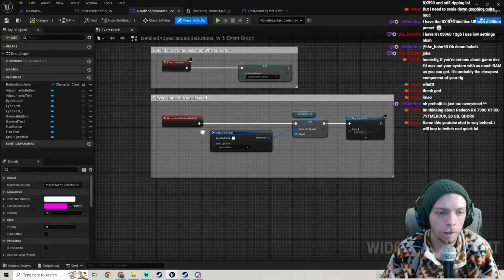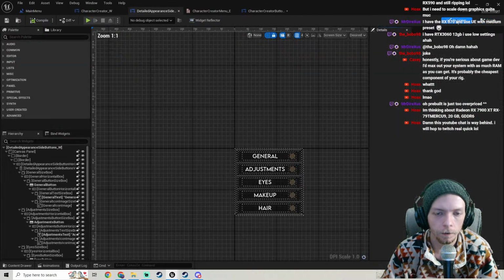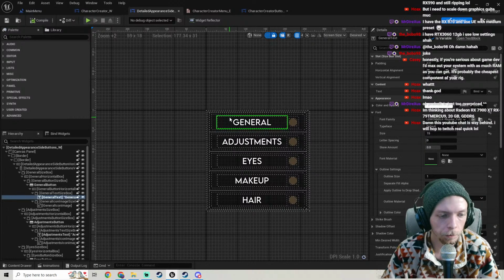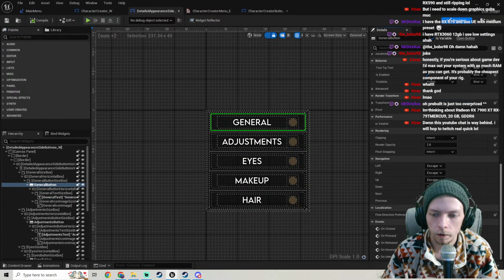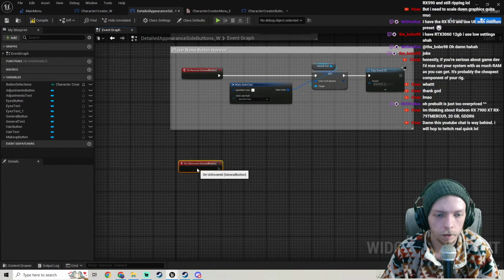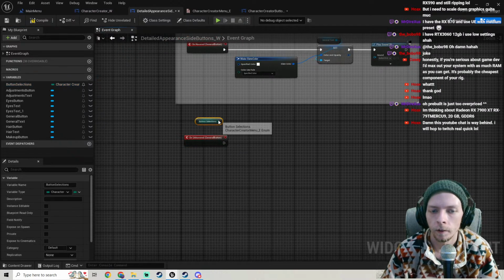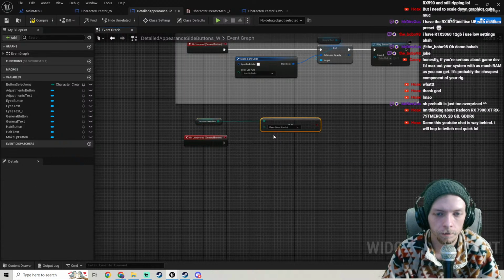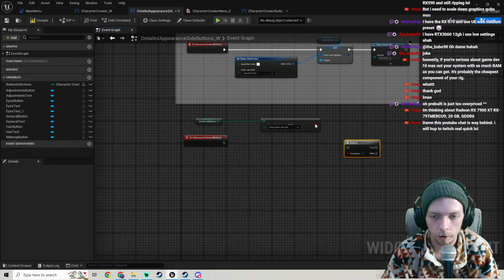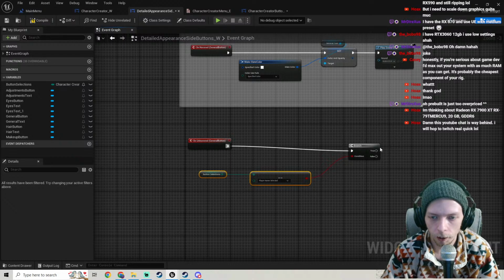So we want to get the unhovered of our general button, on unhovered. We're gonna get our button selections. I'm gonna see equal enum, branch. And we're gonna see, let